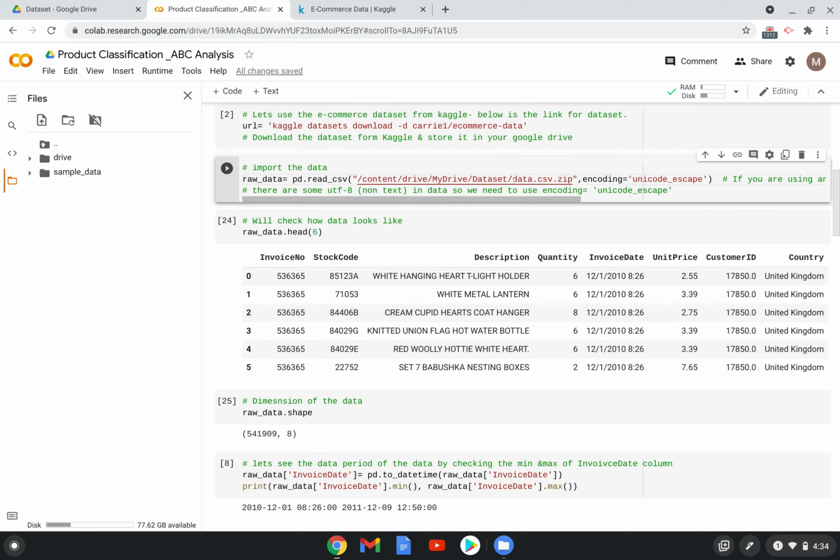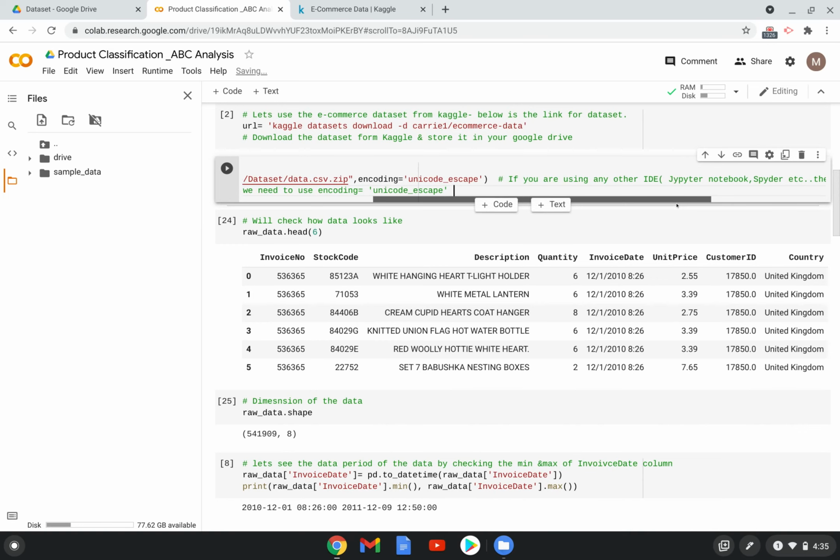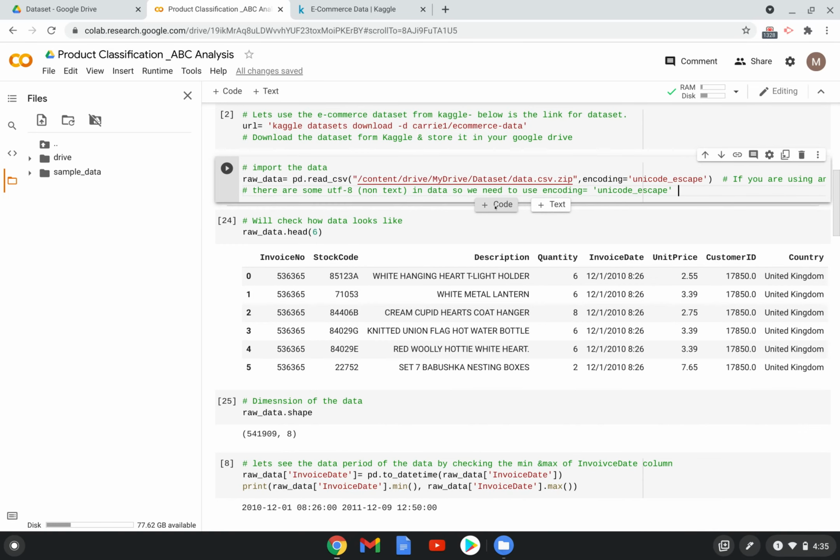You just need to mention the name of the file. If the data set is in some other location, but the working directory of the IDE at that instant is different, then you need to mention the path of the file.